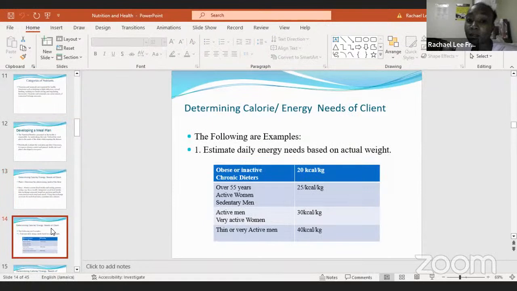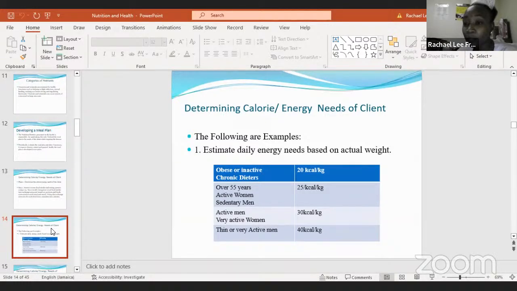All right. Now, this is a table, and this is just an example. It says that you estimate daily energy needs based on the actual weight. If you look at somebody who is obese or inactive, as we spoke about yesterday, someone not doing much exercise, or chronic dieters, people that eat a lot of fast food, we would want this person to have 20 kilocalories,